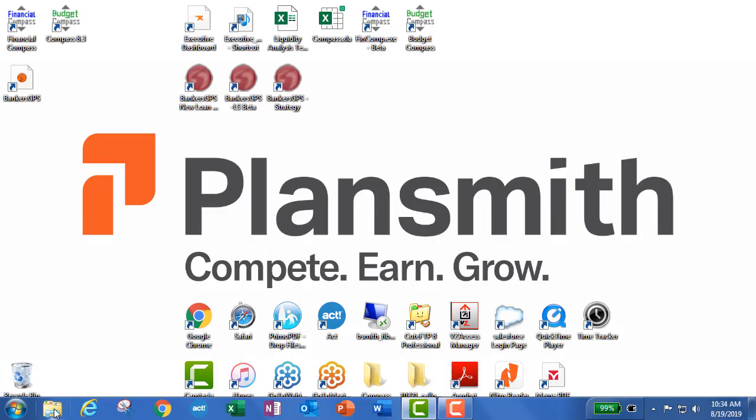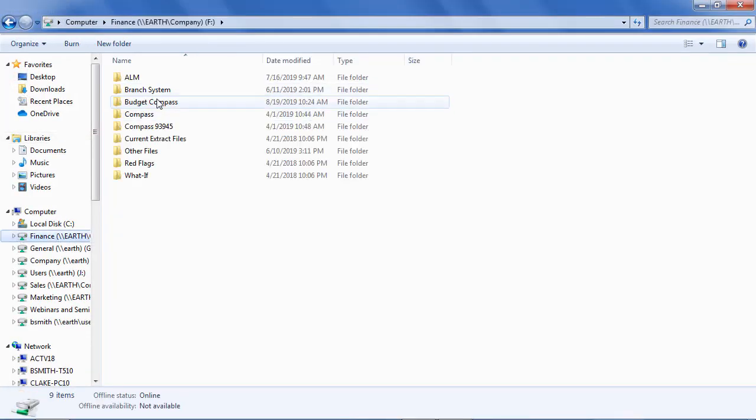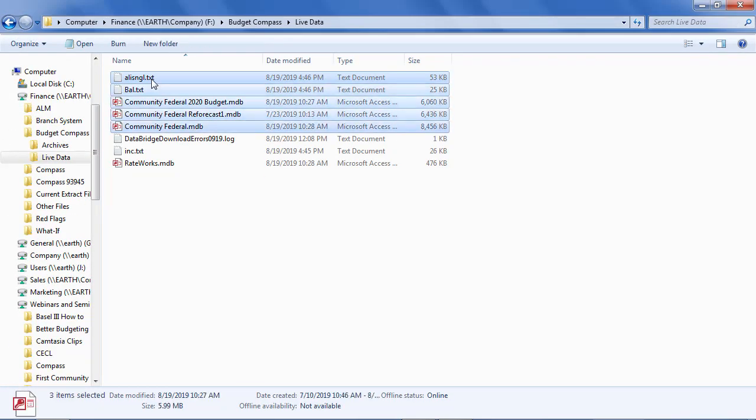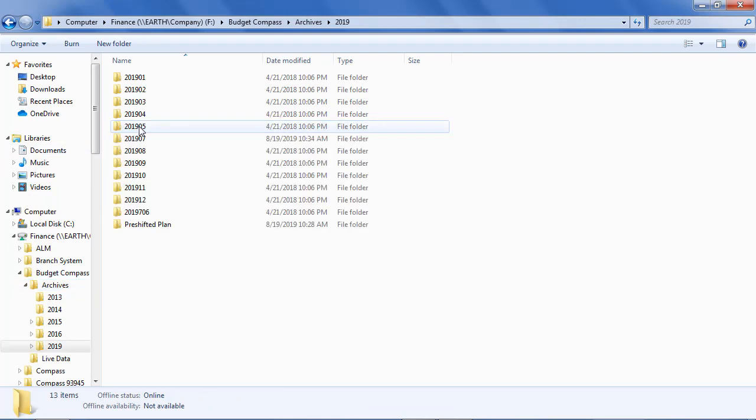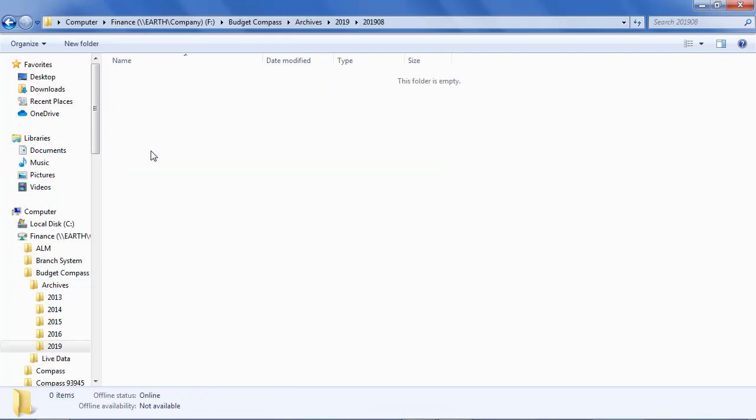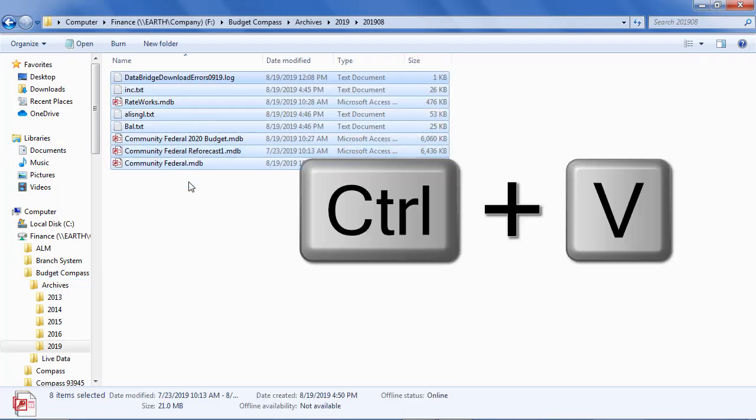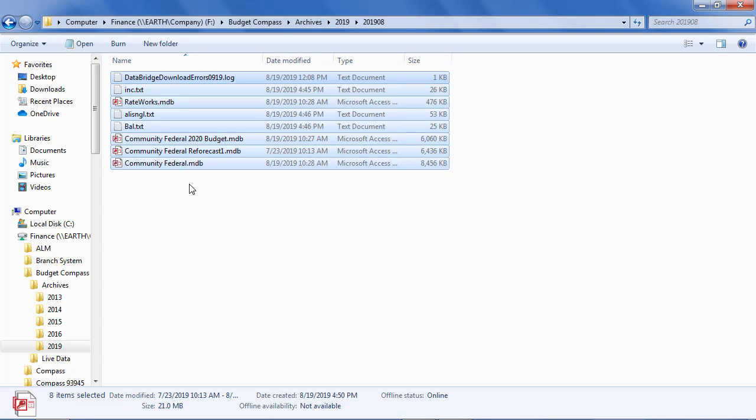Use Windows Explorer to locate the path to the Live Data folder, and select the Live Data folder and choose Copy or use Control-C. Then open the Archives folder to locate the month and year that you're backing up. Either right-click and choose Paste, or use Control-V as in Victor keys to paste your live data into the